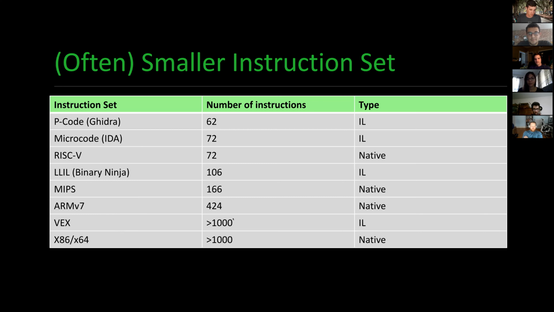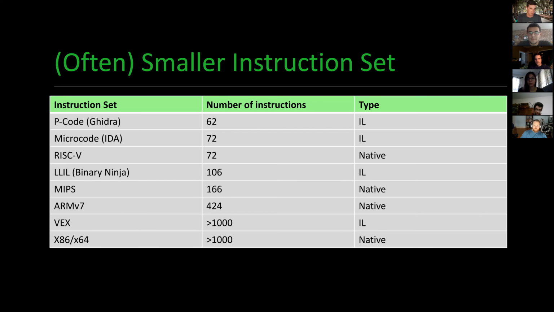It has a lot of instructions. But if we look, Ghidra with P-code, IDA's microcode, RISC-V is one of the very few native architectures that actually is really reduced, right? Like 72 instructions, that's really small. It's smaller than even Binary Ninja's smallest IL set. So they actually stuck to the name, which to be fair, they have RISC in the name,